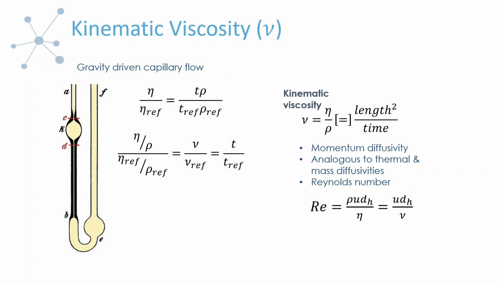A lot of times, if you're doing a dilute polymer solution, say, people will assume the density of the solution is the same as the density of the fluid. However, if you're not doing that type of experiment and you can't make that assumption, then you're going to be limited to getting essentially kinematic viscosity. So this is where it's relevant to this gravity-driven flow from an experimental point of view. But this also pops up when you're dealing with transport phenomena or fluid mechanics, where we're looking at conservation of momentum. If you look at the dimensions of the kinematic viscosity, it's length squared per time. So this is a diffusivity.